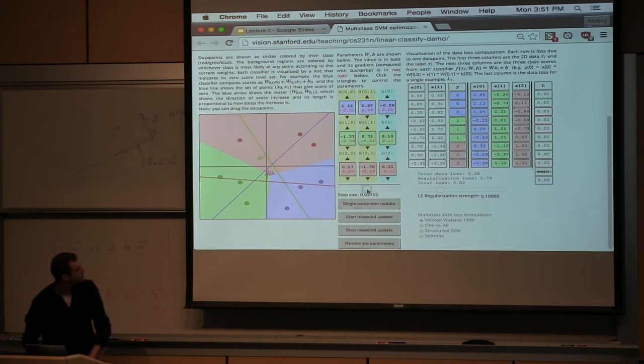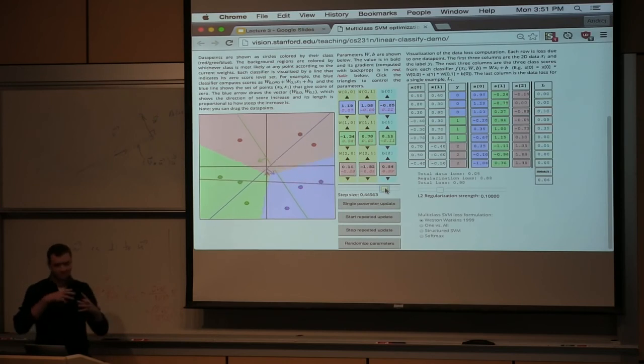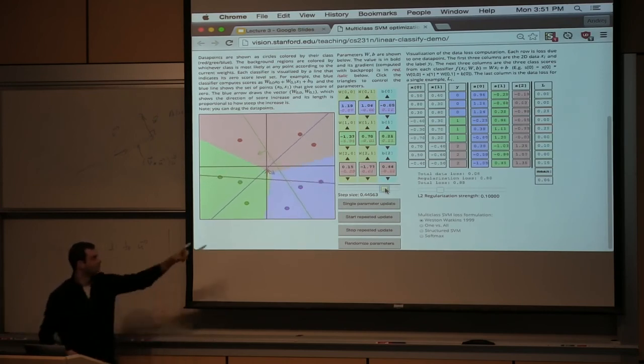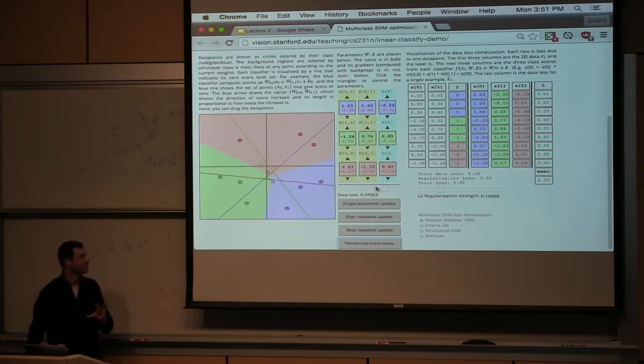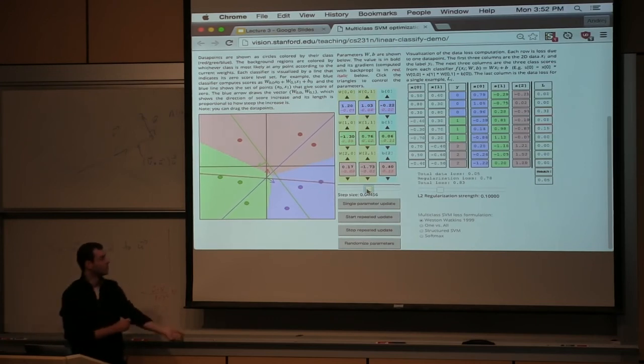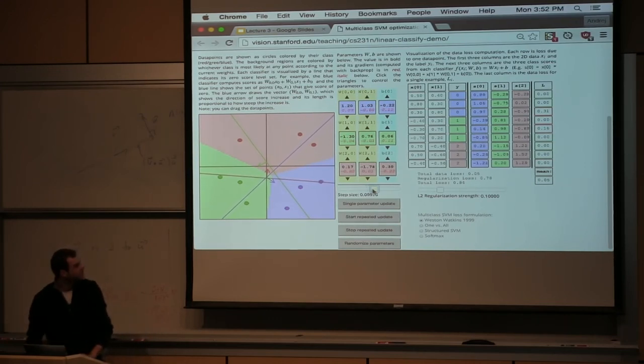And so, anyways, this is the step size. This is how big of steps we are making when we get the gradient on how to improve things. With randomized parameters, we usually start with a very big step size. These things are jiggling, trying to separate out these data points. Then over time, what we're going to be doing in optimization is decreasing our update size. And this will slowly converge in on the parameters that we want in the end. So you guys can play with this and you can see how these scores jiggle around and what the loss is. And if I stop a repeated update,